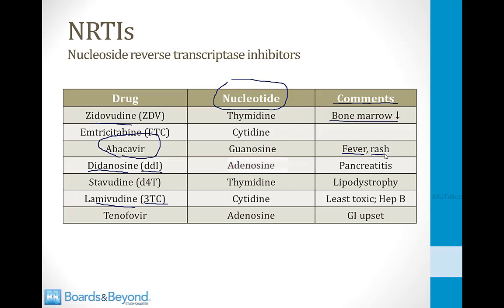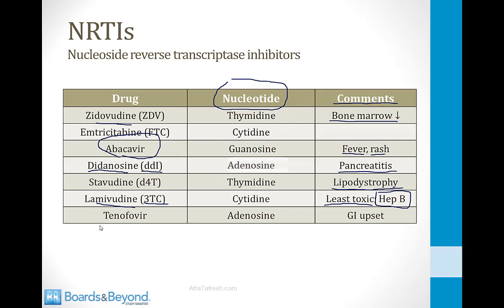This can often look like the patient has developed an opportunistic infection, but it's actually a reaction to the drug. DDI often causes pancreatitis. D4T can cause lipodystrophy, like I talked about before with the protease inhibitors. Lamivudine is one of the least toxic of these drugs, and one thing to know about lamivudine is that it can also be used for hepatitis B. Recall that hepatitis B also uses the enzyme reverse transcriptase,